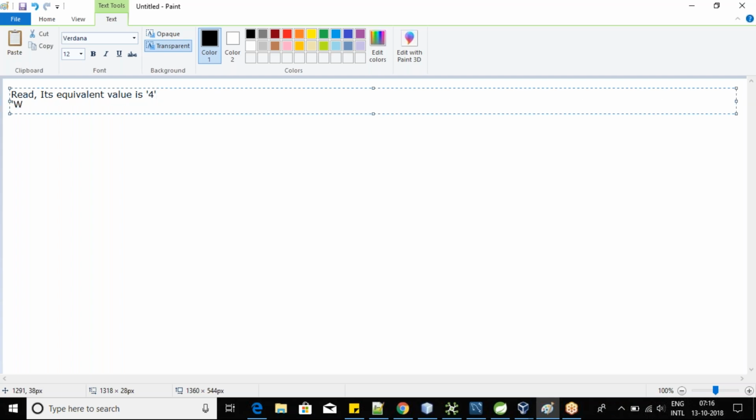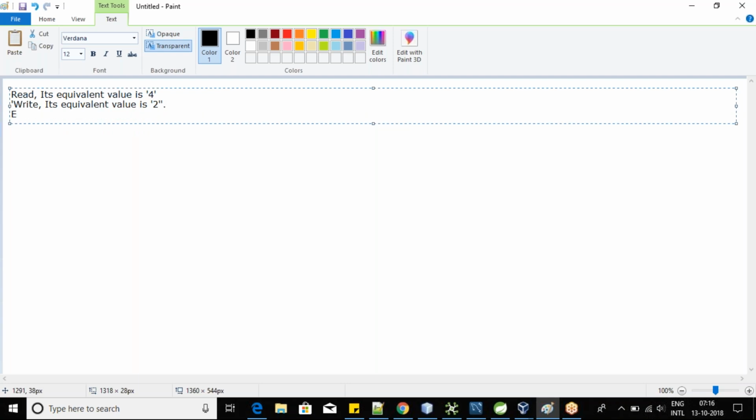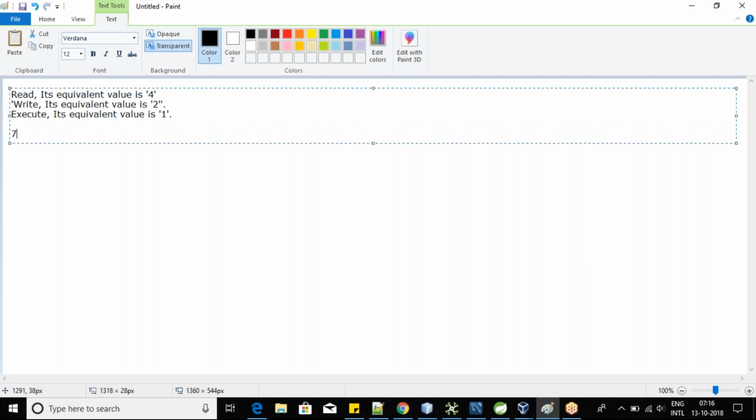Write, its equivalent value is 2. Execute, its equivalent value is 1. Okay, so 7 is for all,